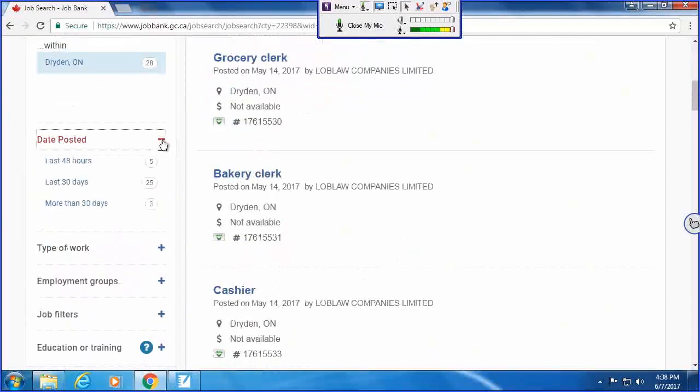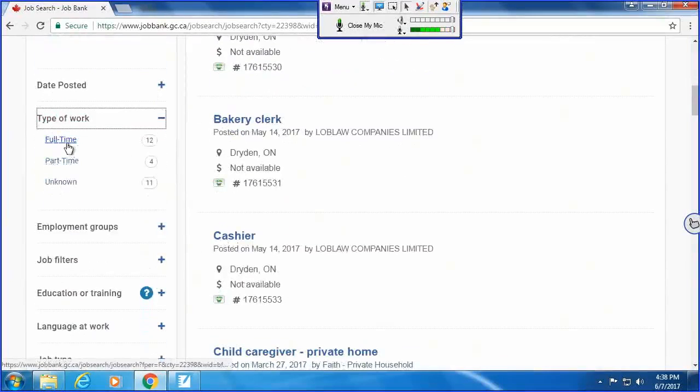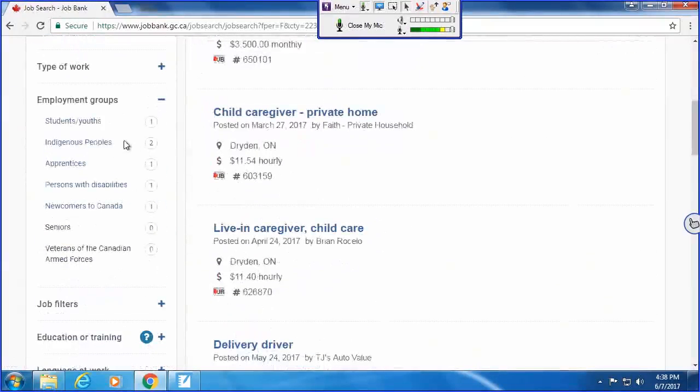All right, and you can look up other things. You can look for jobs that were just posted if you want. In type of work, you can look for just full-time or just part-time work. So let's say you only wanted full-time work, so you could choose full-time work. So now you just have 12 jobs to sort through, and you could keep going.